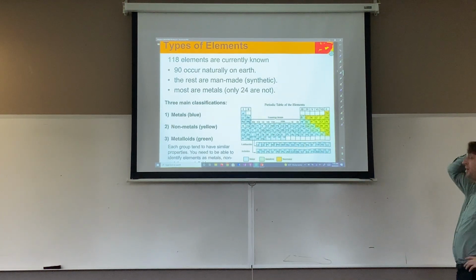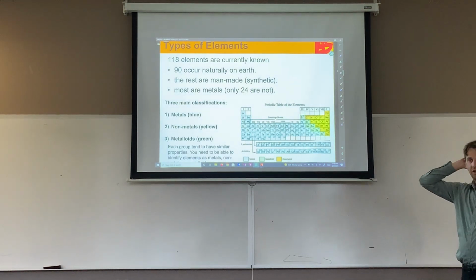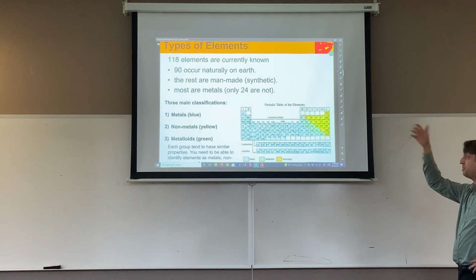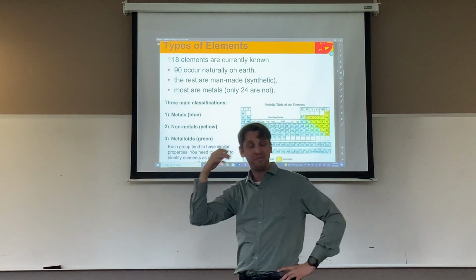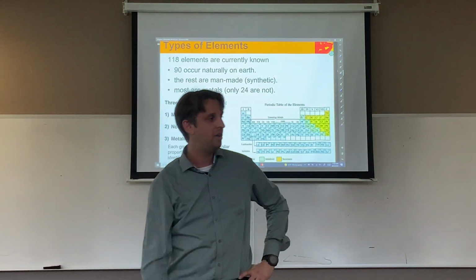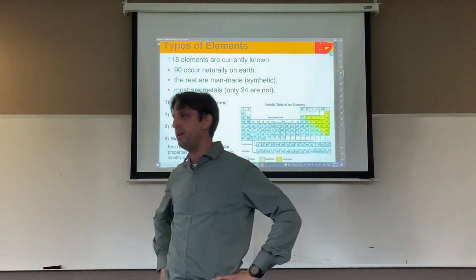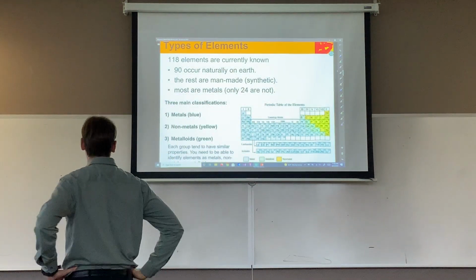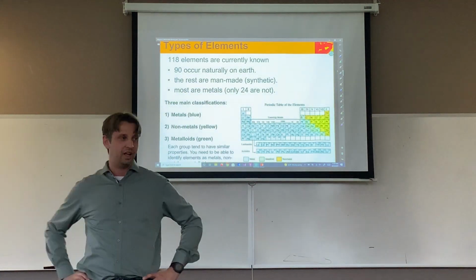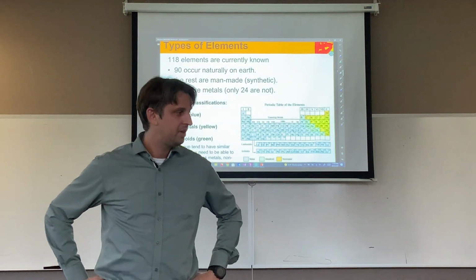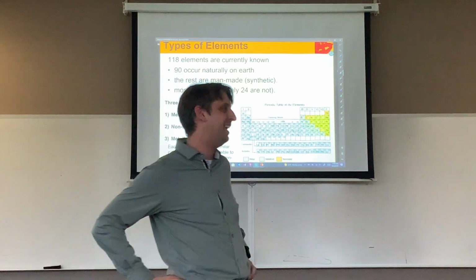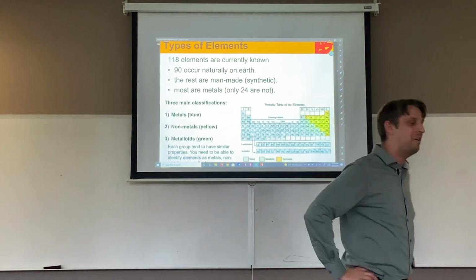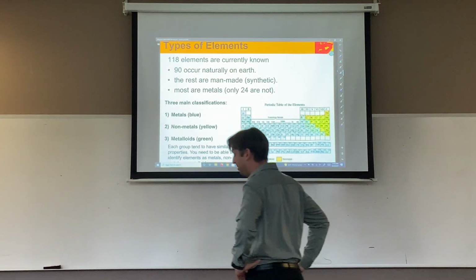There's a little bit of a typo actually found in here the other day, because I gave this spiel to my organic class, and I found out I was actually wrong. So there we go. I've been selling lies for years now, apparently, is what it is. I apologize. There's 91 naturally occurring elements on Earth, right? Do I expect you guys to know that? No. But that's okay. So let me tell you where it came from, and let me tell you about how